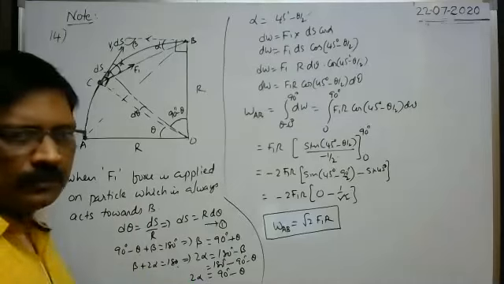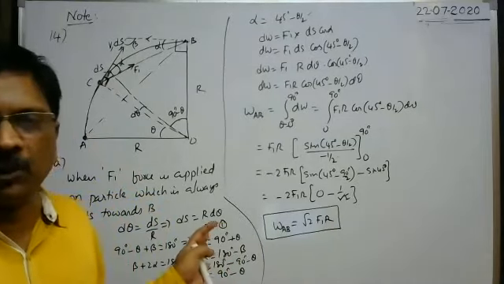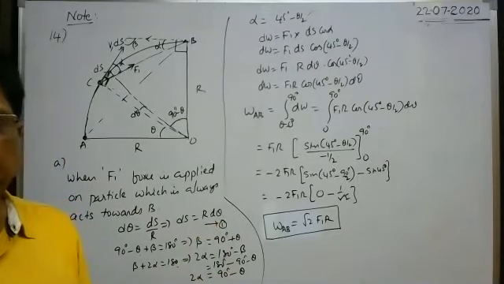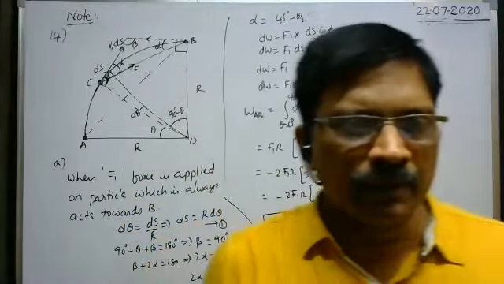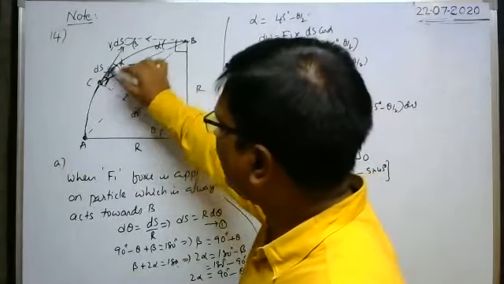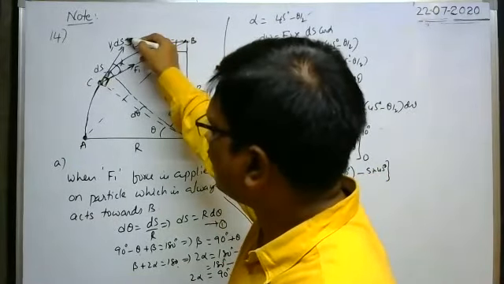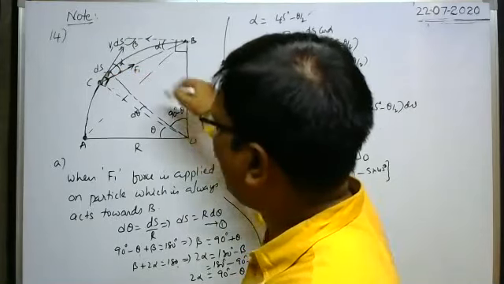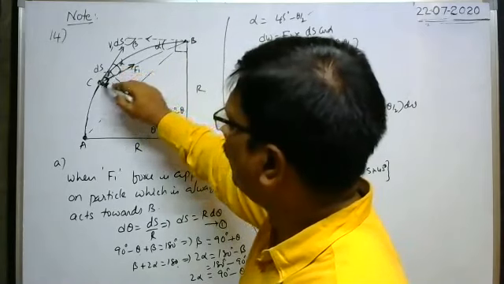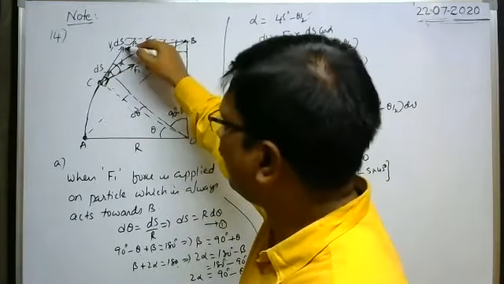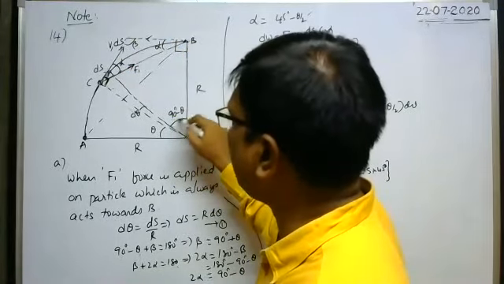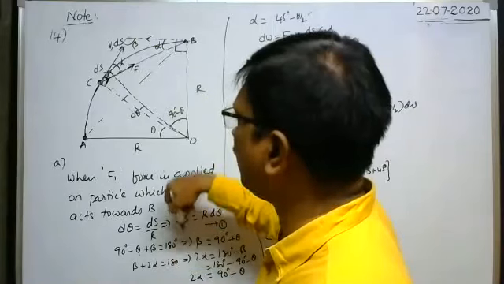Shall I erase this one? Have you noted this one? How symmetric, Kamal. Okay, here they asked how symmetric. You see, this is the tangent drawn at this point, this is the tangent drawn at this point. These two are perpendicular and tangents are drawn. That's why the angle between this and this is 90, this and this is 90. Okay, then if you construct the quadrilateral here, as it is 90 90, definitely it is beta, it is beta and it is 90 minus theta. Sum of these two is 180 definitely.